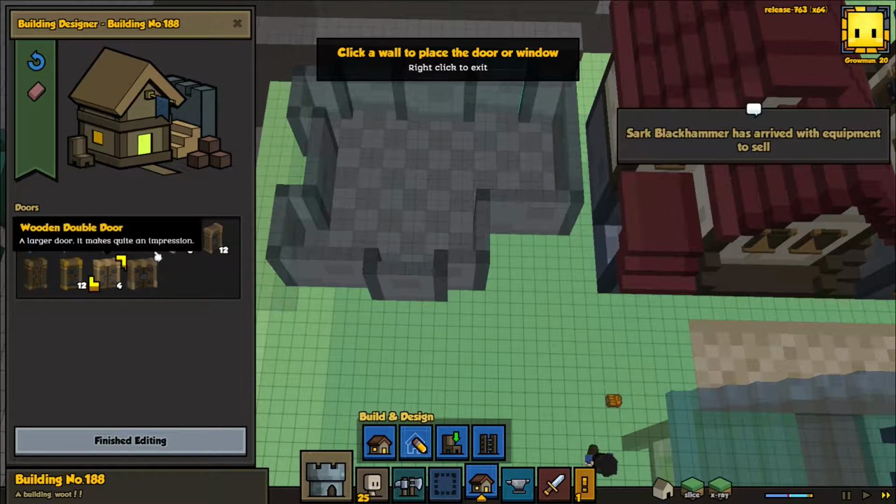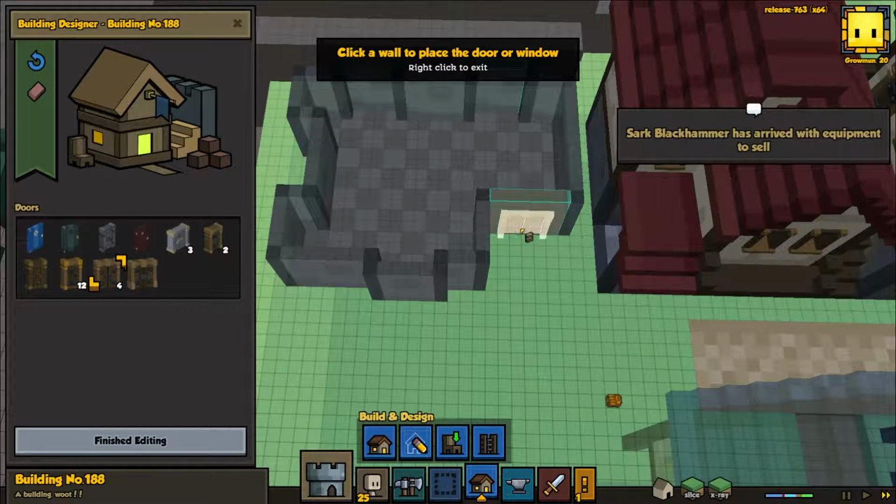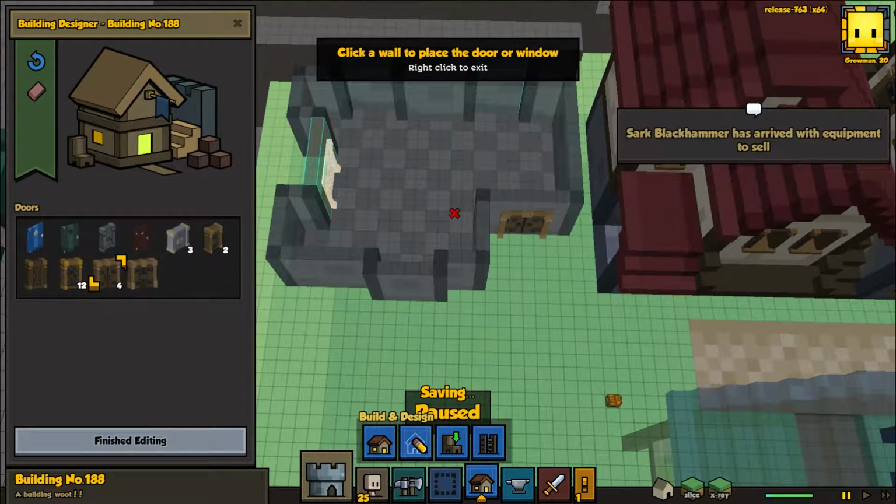So we're gonna have, can I put a double door? Awesome. Could make it like a cool double door. Do we have a cool double door? I don't think we do. So there we go. And then I can make that cool. The entrance to the mine could be...